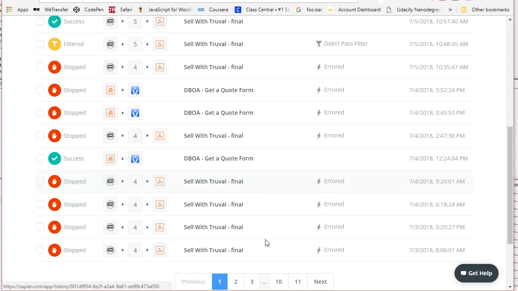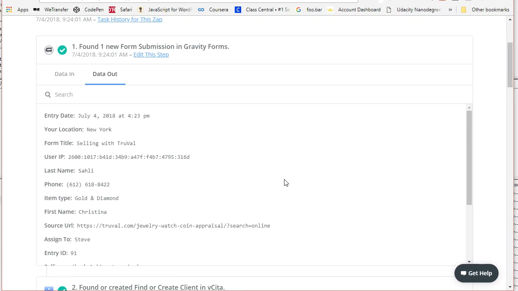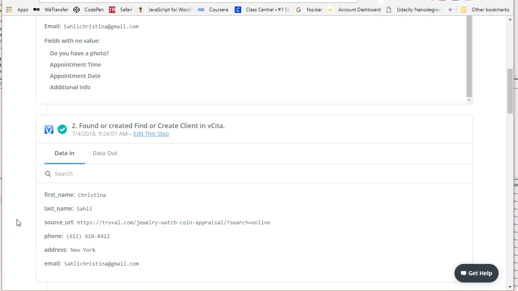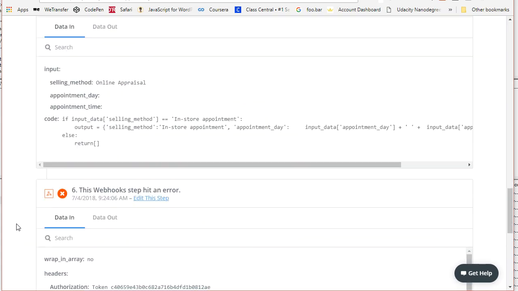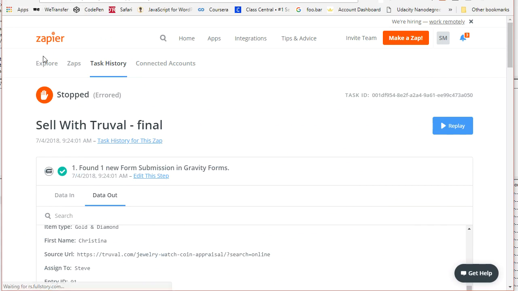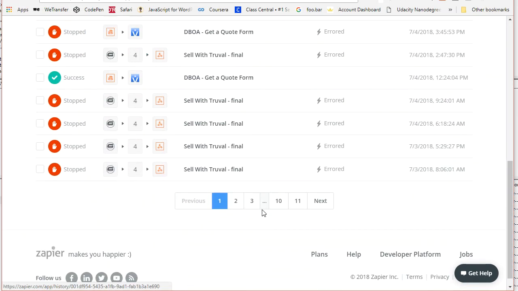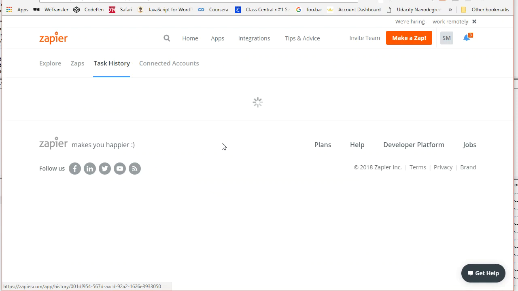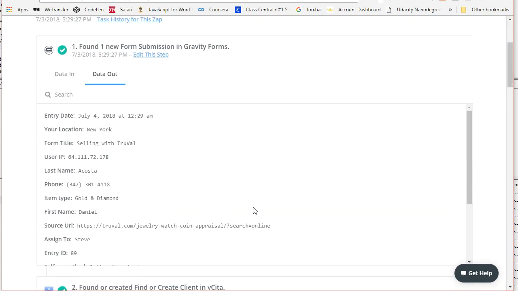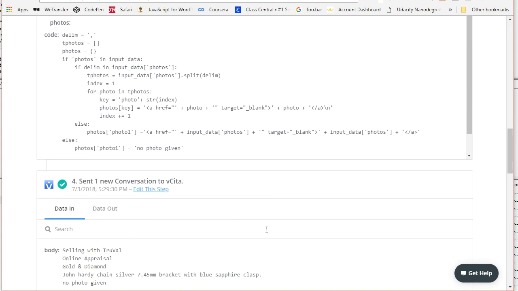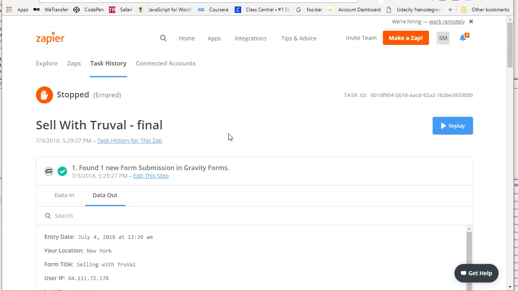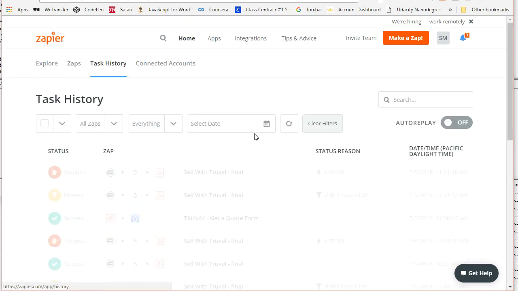Let's see, let's try 7.4, yesterday's stuff. Okay, it didn't crash there, it crashed someplace else. Huh. Okay, well, anyway, you see the instance where it did crash,